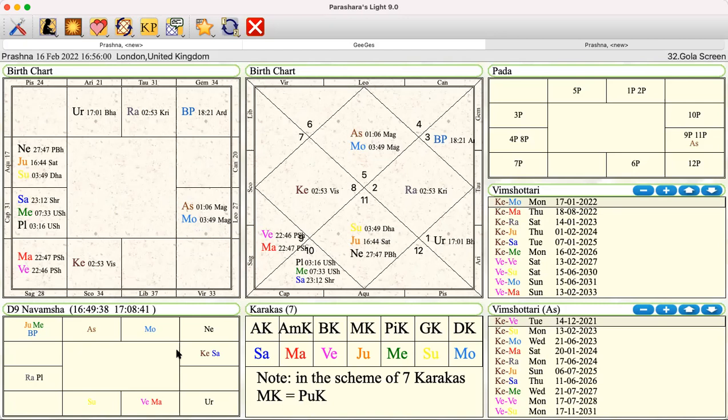When they're first born, this nakshatra will be the first one they're born in. So for the first 2 years, 4 months they will be under Ketu Magha, and then the next one will be Ketu ruling Mula. Mula will be activated for the next 2 years, 4 months, and then Ashwini will be activated. That's how it goes, and that's how everything is.